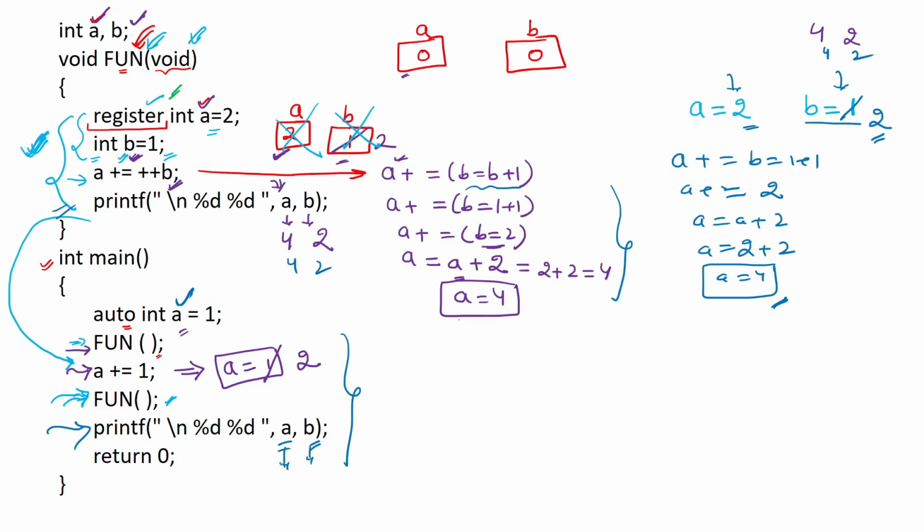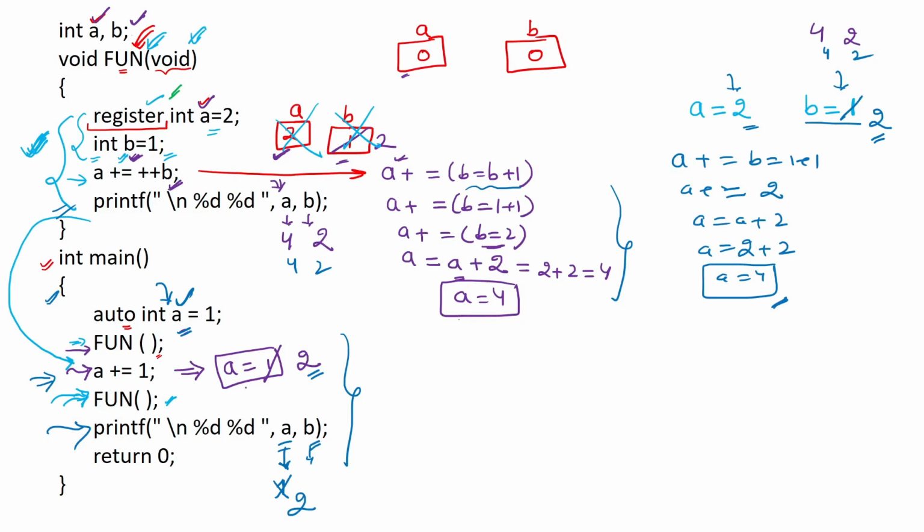So the question is, for A, we will first see inside this main function whether A is present here or not. Yes, A is present. So this local variable will be given precedence and it will be used here. So it will be like 1. No, it will not be 1. Why? Because A was updated here. So A is now actually 2. So A is 2, right?